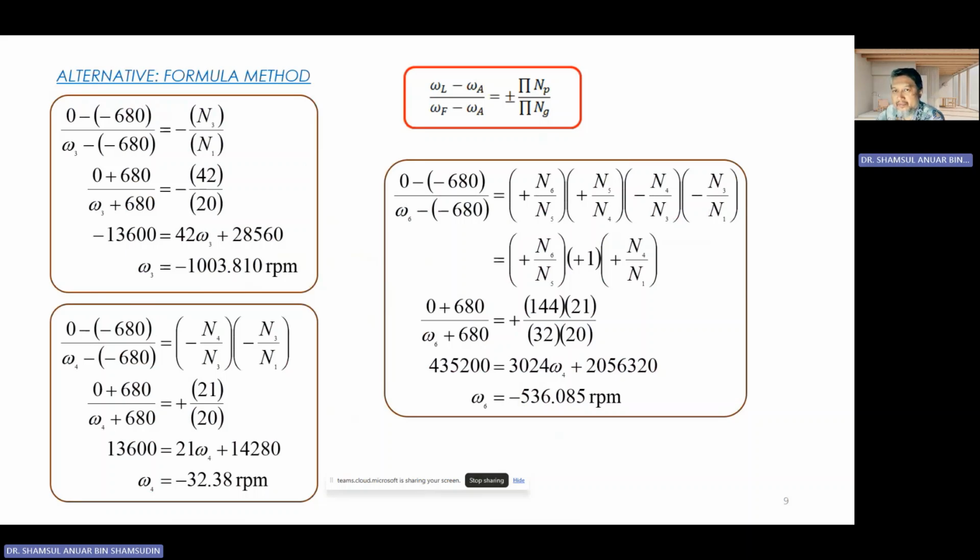Alternatively, if you use the formula method, you have to be careful. You have to decide, I guess, this is the last gear, and whichever is last or first, you have to decide whether you want to go from the sun to the ring or ring to the sun. So that will affect your setup here. In this case, I'll go from the sun to the this one because you want to find